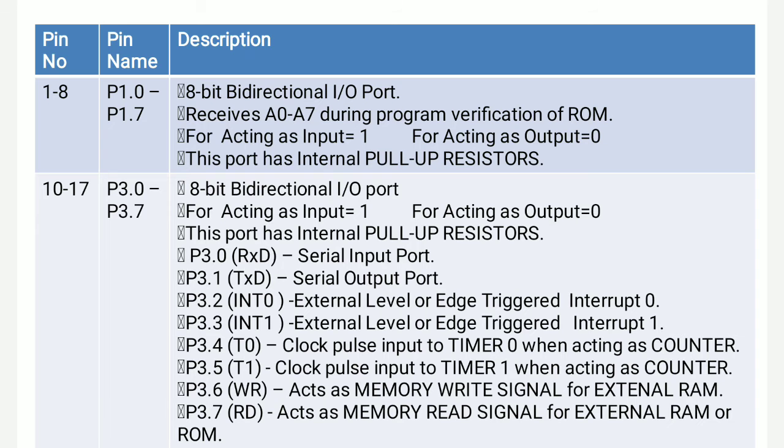RxD and TxD are nothing but serial communication pins, that is interfacing of wired data. Physically we interface the transmission line as well as the reception line with the 8051 microcontroller with the help of these pins. Transmission is from TxD and reception is from RxD.